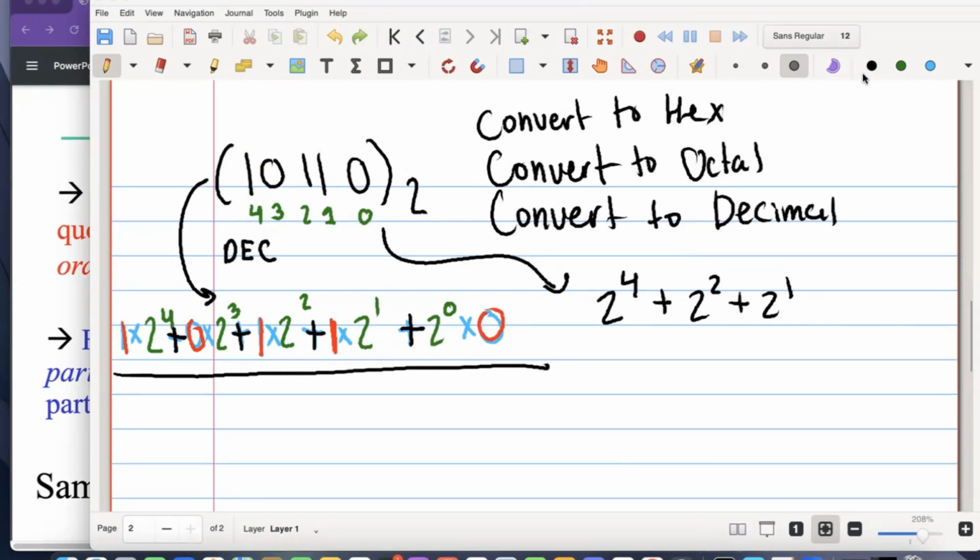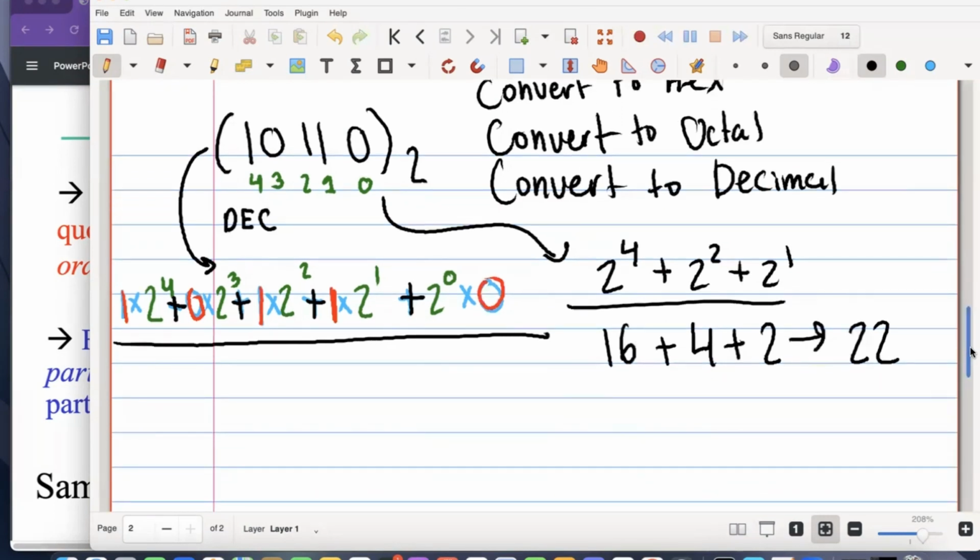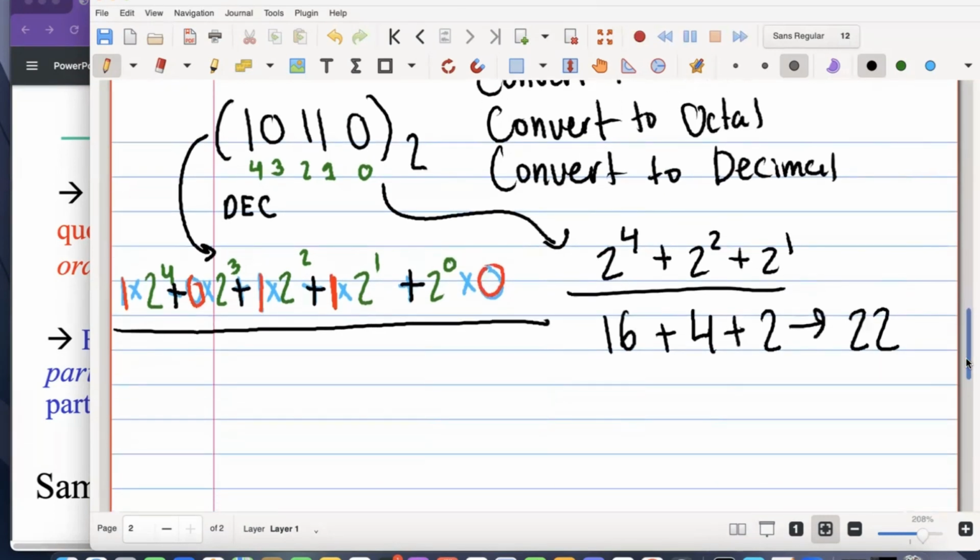But essentially, we're just doing this calculation because the zeros cancel out. 2 to the 4, that's 16, plus 2 to the 2, which is 4, plus 2 to the 1, which is 2. This would be 2 plus 4, that's 6. 6 plus 16, which is 24. No, 22. 22. Do I check this really quickly, or am I confident? I think I'm confident. That's 22. Okay, so now in decimal,